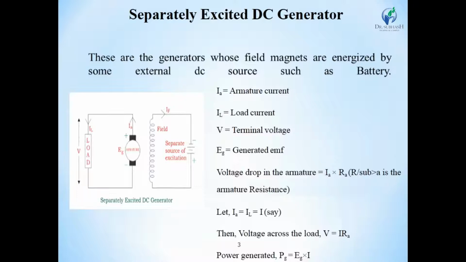Now for the terminal voltage, which is the actual voltage across the load. It is denoted by Vt. The terminal voltage Vt is not equal to the internally induced voltage. We can write the expression as Vt = E - Ia Ra - V brushes - armature reaction drop, where Ia Ra is the voltage drop across the armature winding and V brushes is the voltage drop across the brushes.